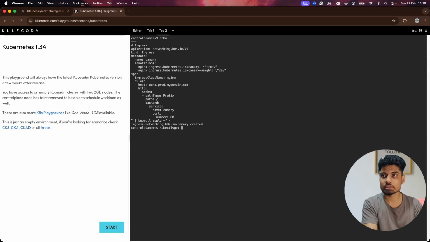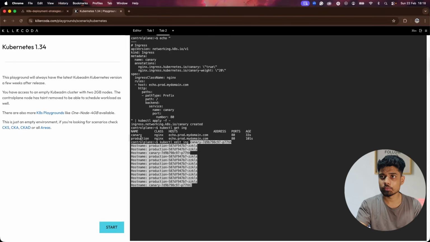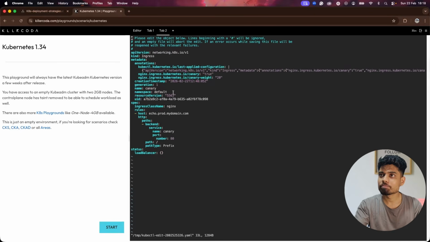First, again, let's check the ingress, and let's edit the ingress for Canary. Okay, you edit Canary, and here is the weightage. You can see this one,